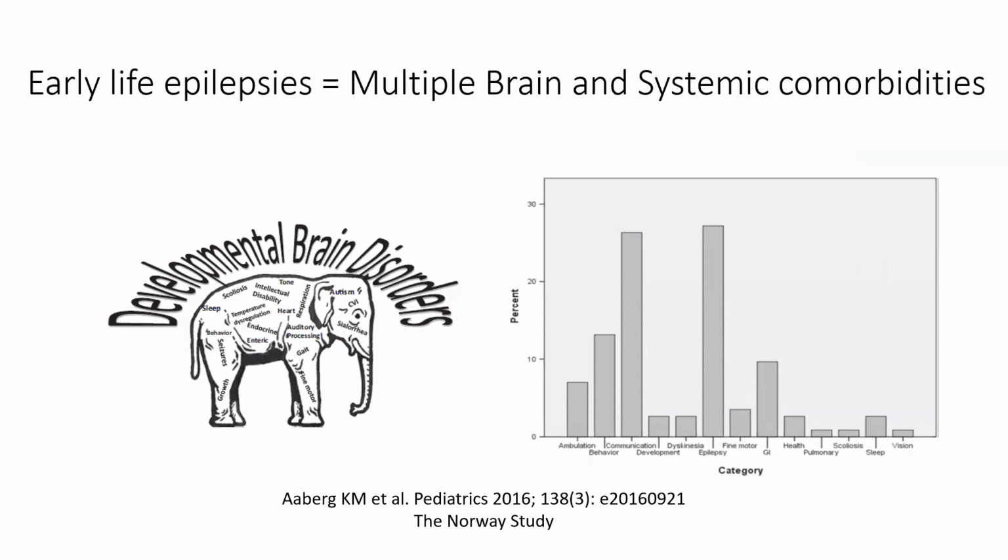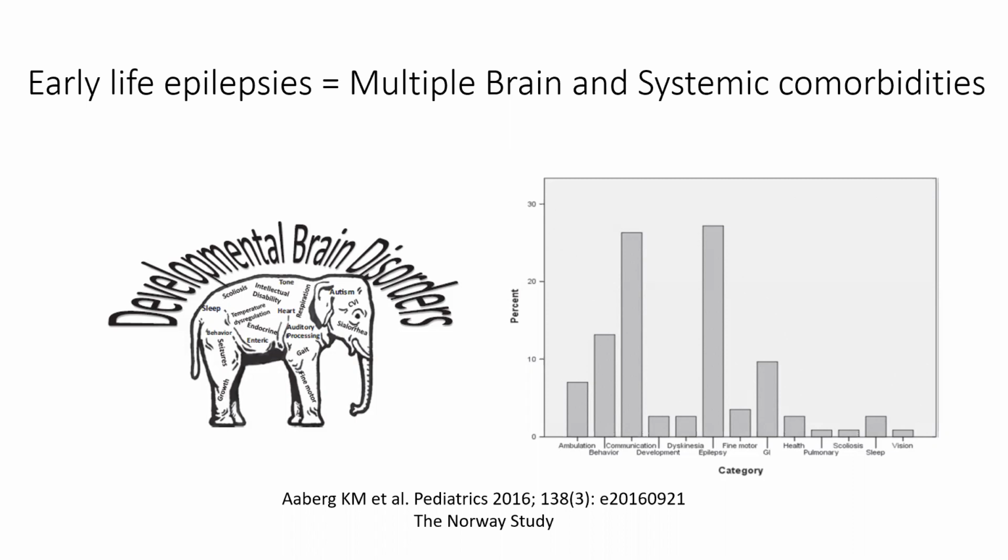So what I want to say now, and I'm going to repeat it again and again, is the epileptologist is not enough to treat these patients. The epileptologist can aim to improve seizures, but will not be able to change any of the comorbid problems that this patient has. So these patients need a team. This patient needs a team.